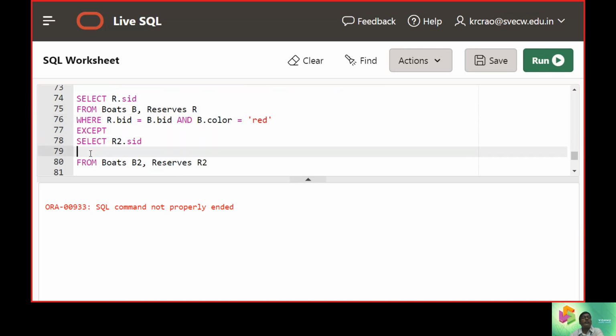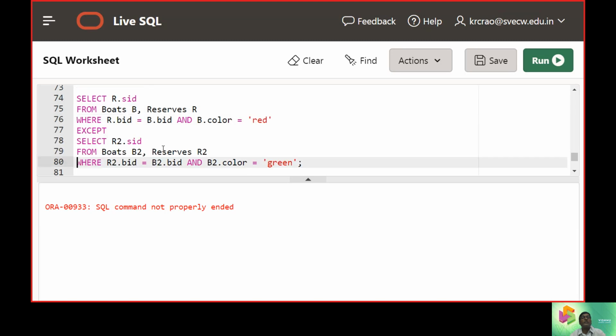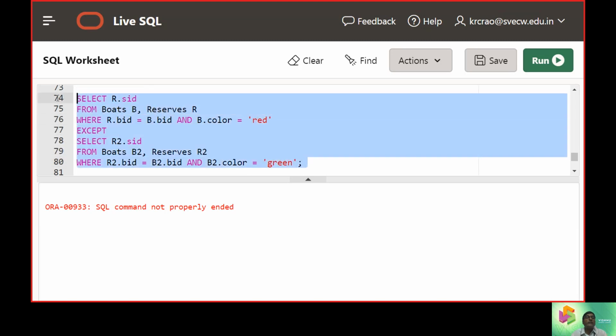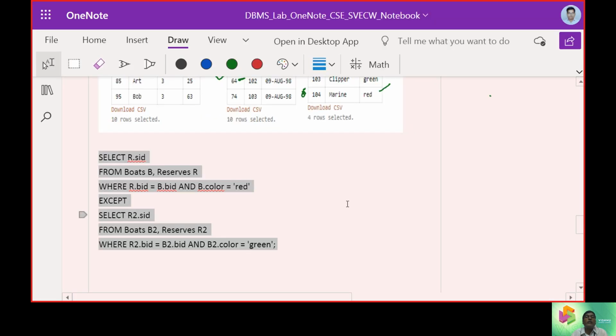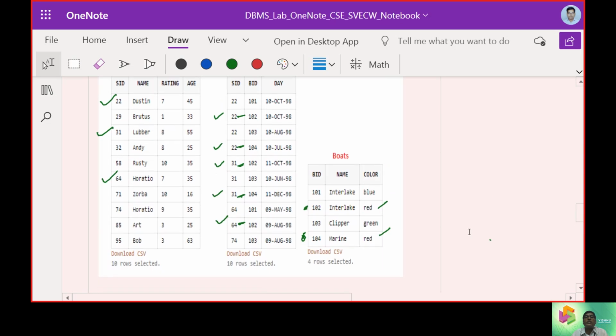We check whether the except is bringing up the results or not. And second thing, we are not looking into the sailor table. So whether this runs or not, there is still some ambiguity or fishiness in this case.